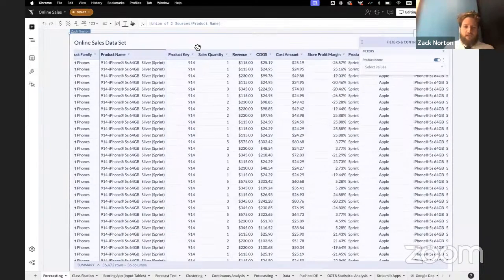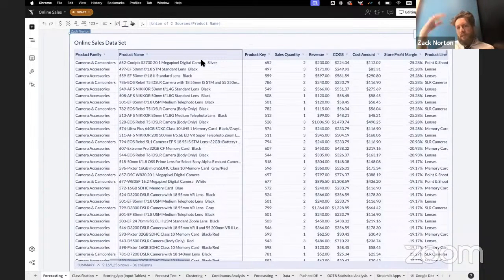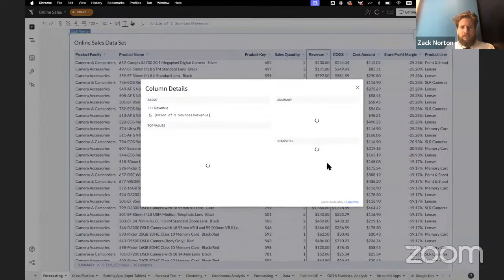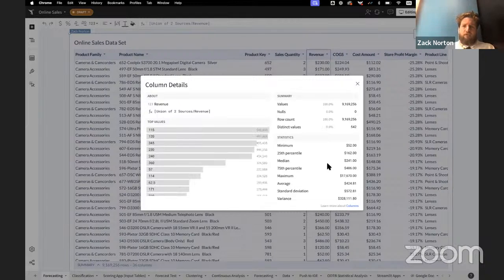I just use a quick hotkey to flick back. So all this stays live when we index a column and do that profile for a count distinct of what to filter on. It's not just sampling the first 1,000 rows, it's going through the entire data set. So even if I'm looking at a value column like revenue and I want to get details, I can ask for column details. It's going to profile the entire 9 million row data set and then return